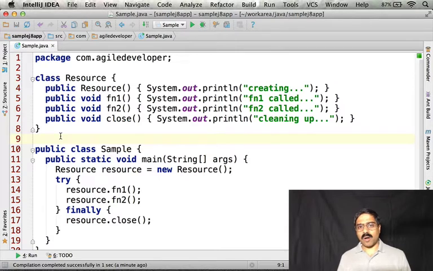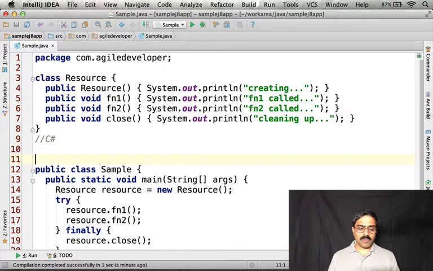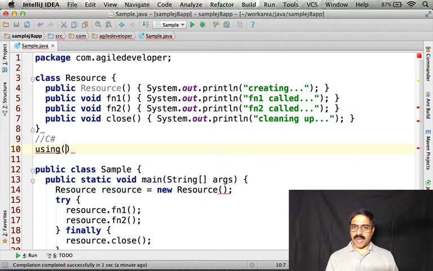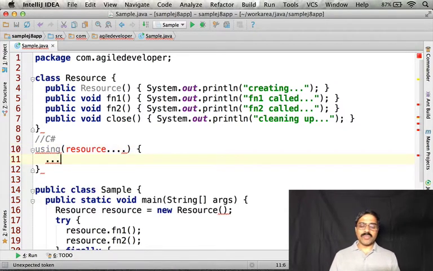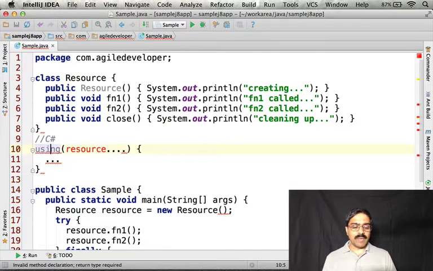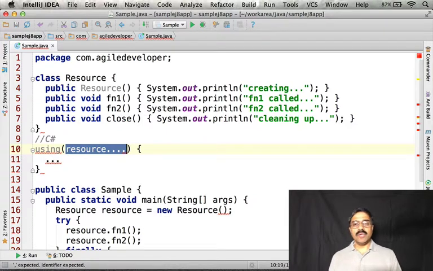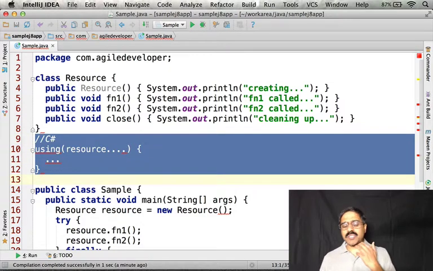ARM is not new at all. In fact, C# has had this feature from almost day one. Now, if you are programming in C# for a minute, let's think about C#. Those of you who are familiar with C# know this already. You would be using something called using, and then you would specify the resource you are interested in using, and then within this block of code, you would be using the resource. In C#, the minute you leave the using block, this resource will be cleaned up automatically for you using the IDisposable interface's Dispose method. Well, Java 7 really is trying to provide something very similar to using in C#,